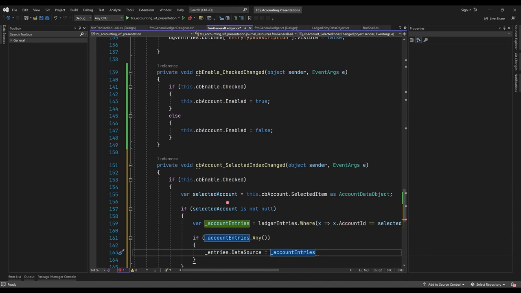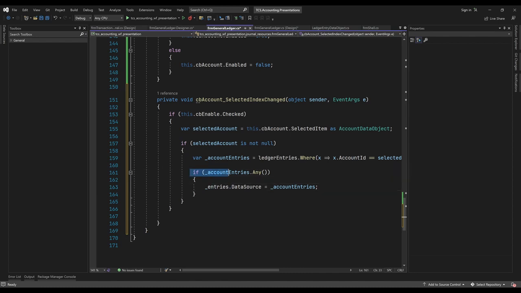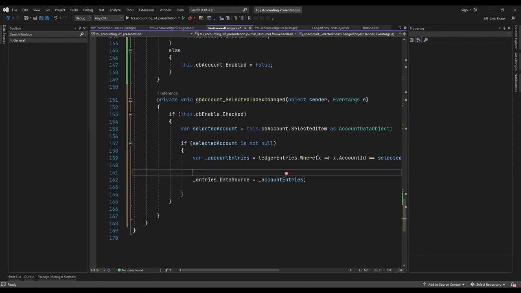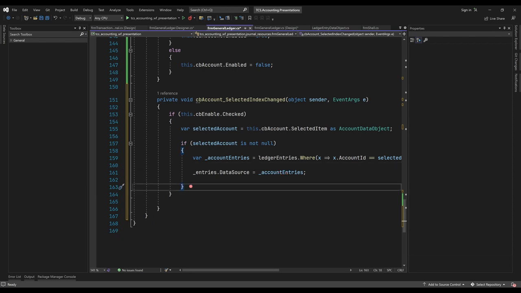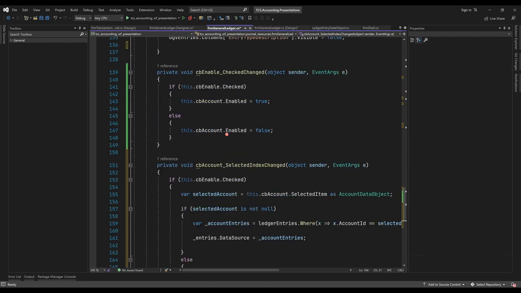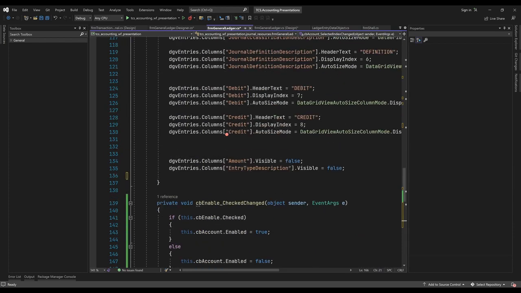Even when there is nothing, we can actually bind that. So let's do this. Let's actually remove this, not necessary. Because if there's nothing, there is nothing. We should return an empty list. Alright, so that is what we will do if there is a selected account, and if there are no selected accounts. But if there's none, so we can say else, we can still say entry, we go bind entry to